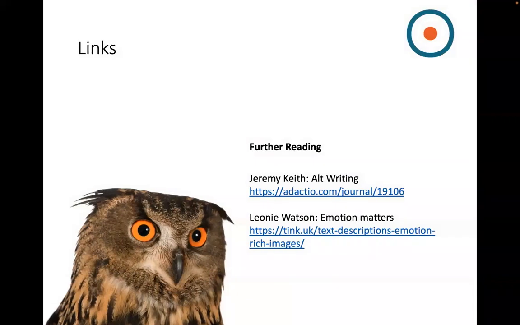I have some interesting links from Jeremy Keith about alt writing, and Leonie Watson. She is blind herself and writes a lot about accessibility. And yeah, she wrote an article, Emotion Matters. And this means that pictures that might not have a lot of information, but are trying to